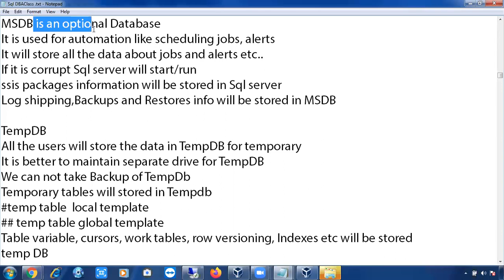Say for example, in my SQL server, if 100 databases are there, it will be very difficult to take the backup of all the 100 databases manually, right? Like that, I have 1,000 instances, with 10 databases per instance on average. 1,000 into 10, 10,000 databases are there. Is it possible to take manual backups on all these 10,000 databases? It's not possible, right? Hardly in the shift, one or two DBAs will be there. It will be very difficult to take the backups manually.